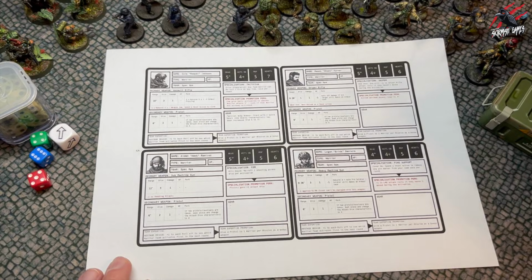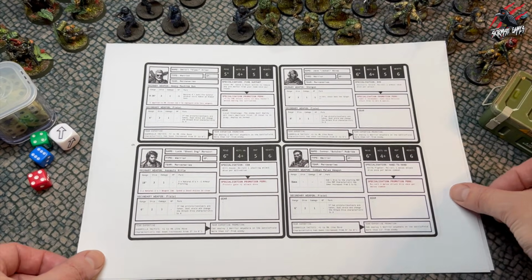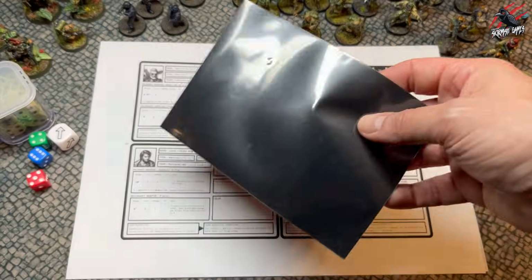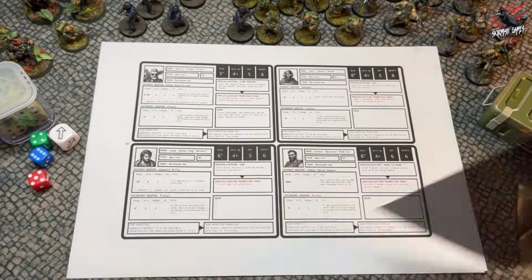The new starter pack is designed to get you up and playing Rogue Warriors really quickly, and so in there you're going to find 2 pre-built teams. You've also got some new missions and tokens which we're going to have a look at in the video as well. Each team has got 4 warrior cards, and you can just use them straight off the single page, or